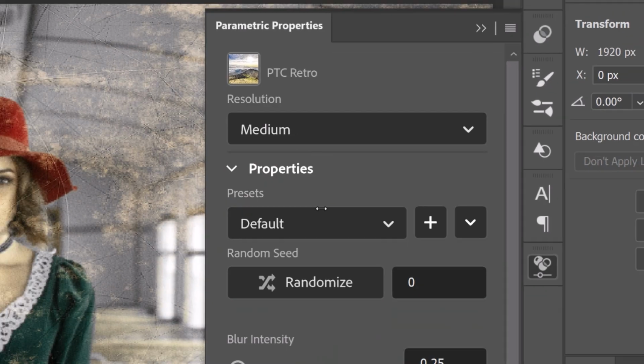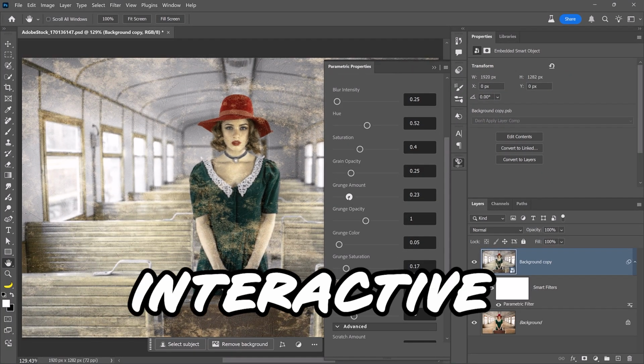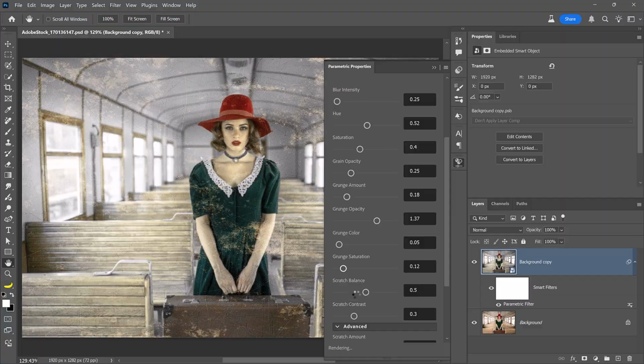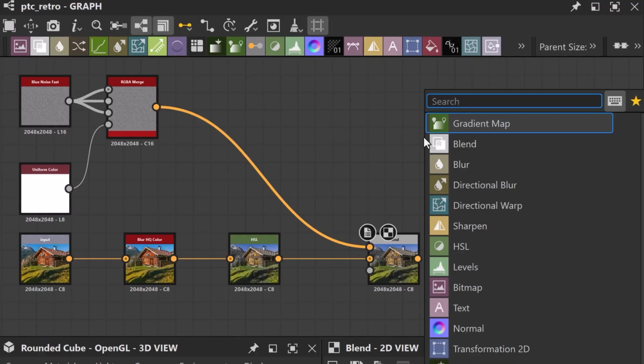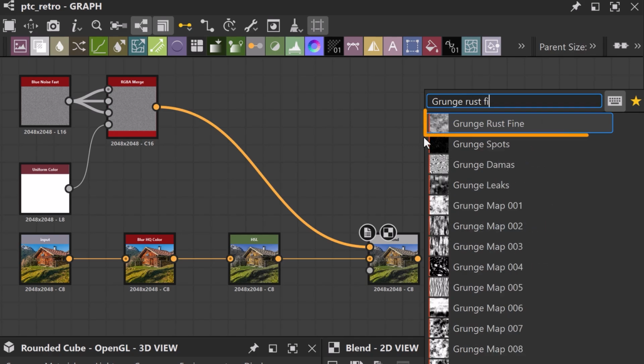Photoshop Parametric Filters offer fully customizable and interactive effects you can apply to any layer. I'm Jesus Ramirez. In this video, I will show you how to create these dynamic user control filters using Adobe